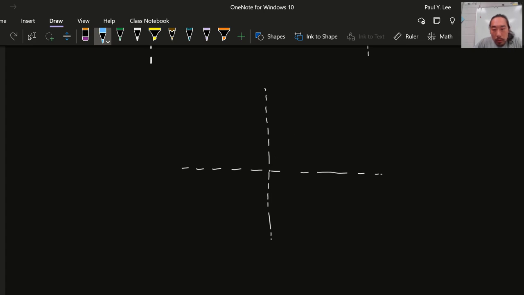So we'll call this vector A, and we'll call this here vector B. I'm going to make it a little bit easier for us. I'm going to use 3, 4, 5 triangles, okay? Meaning